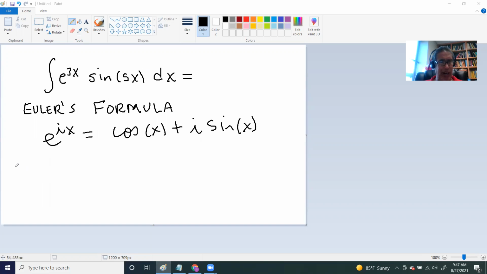So if I decide to write this as e, and then an x, and then put my parentheses here, 3 plus, in this case, 5i, that turns into e to the 3x times e to the 5ix, which turns out to be e to the 3x